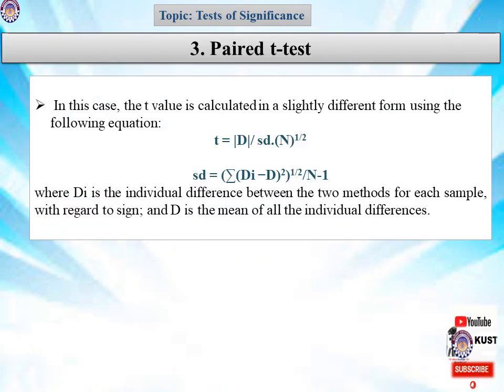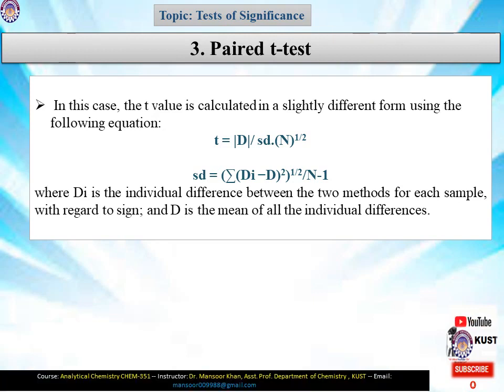The third t-test is called the paired t-test. In the paired t-test, the two data sets are paired with each other. In this case, the t value is calculated in a slightly different form using the following equation: t is equal to d-bar divided by s_d over the square root of n,